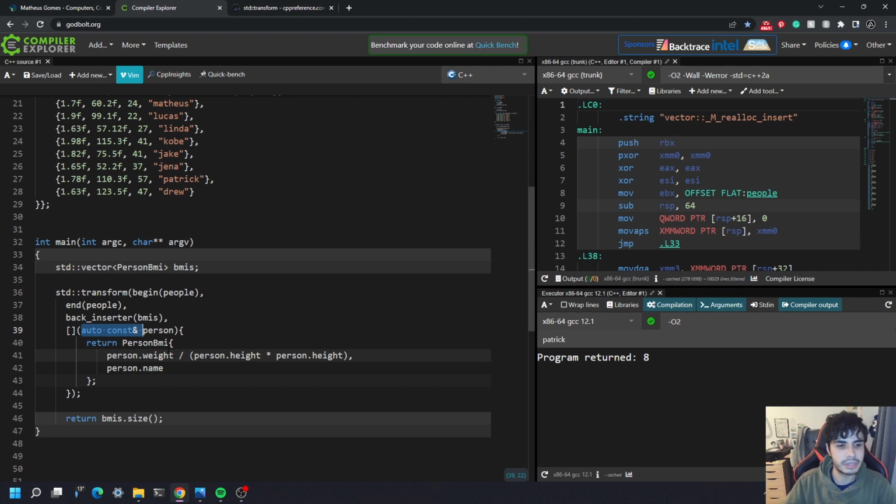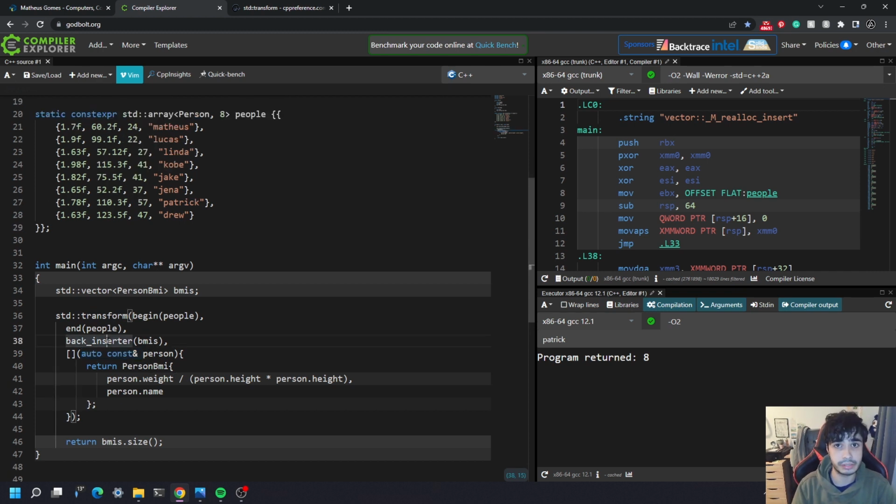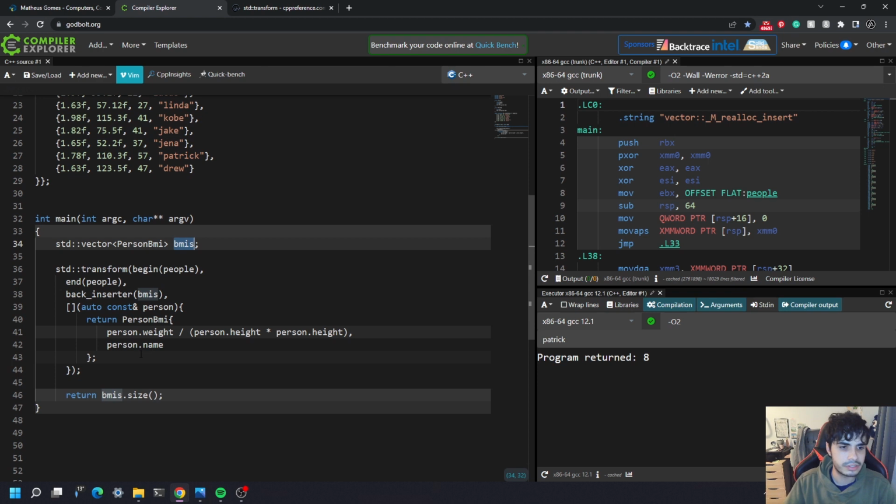So that is the argument that this lambda has to take, and the return type of that lambda has to be the same type as what the output iterator refers to. So in our case, the output iterators here are referring to the person BMI. So this lambda here has to return a person BMI, because that is the type that's being added to our vector, as you can see here, our destination vector. It has to be that type, otherwise you're going to have compilation errors, right? So this is what it's doing. Transform is going for every element of people, running this particular lambda on every single one of them. And with the return values, it's inserting at the back of my container here.